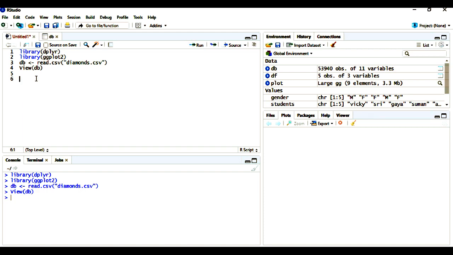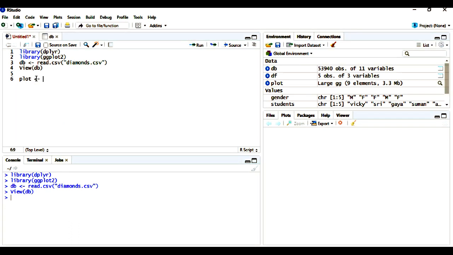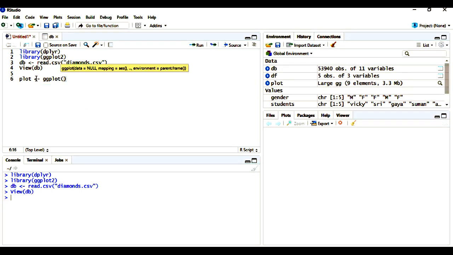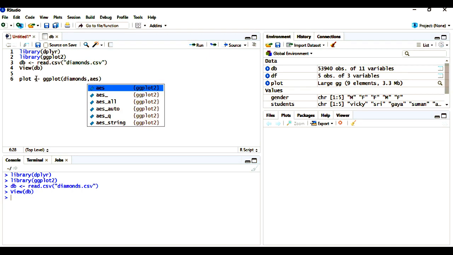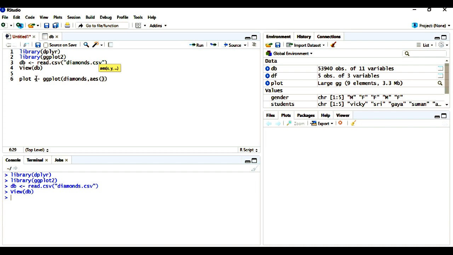So let's start. plot is a variable. In that I'm using ggplot, diamond, because I'm using the dataset diamond, comma, in the aes function I'm going to give x equals price.